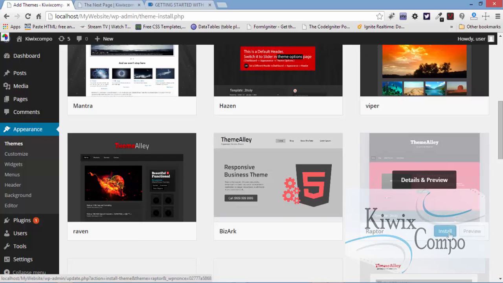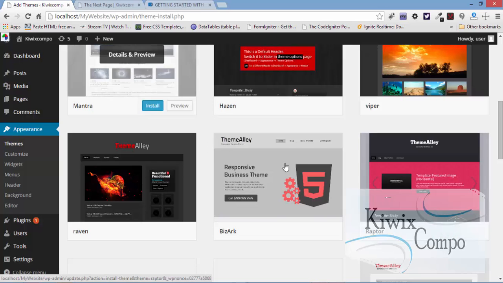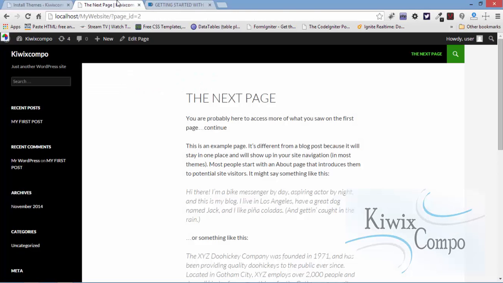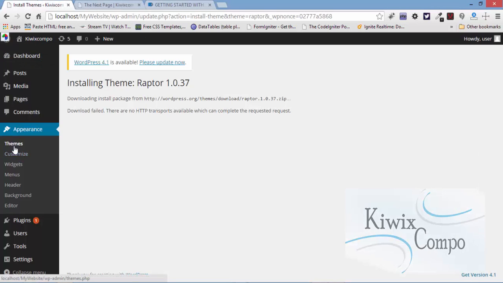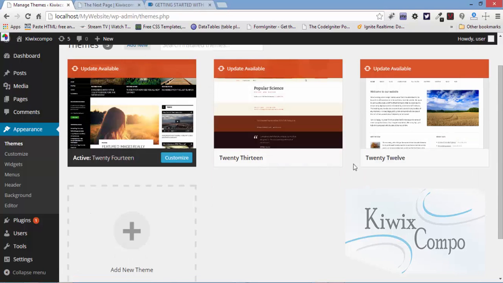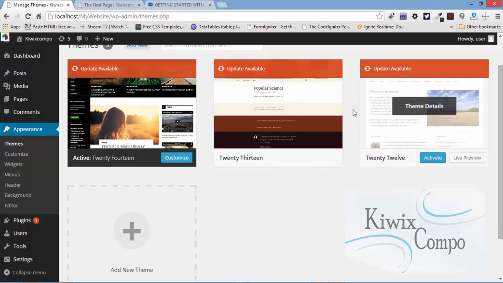Let's see if it installs, because it's definitely something that we're not sure of. We couldn't update the WordPress version, so, all right, download failed. Now, assuming it did install, all we need to do is just activate it, and when we activate it, it changes the appearance to whatever we have here. But we have a couple of themes here too, and we can activate any. We can activate